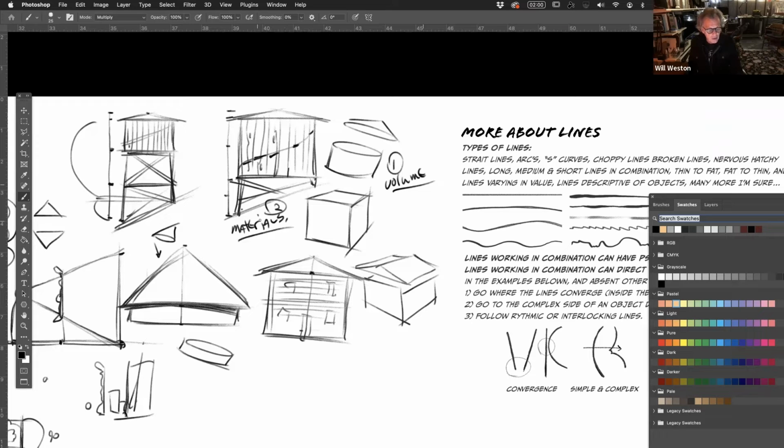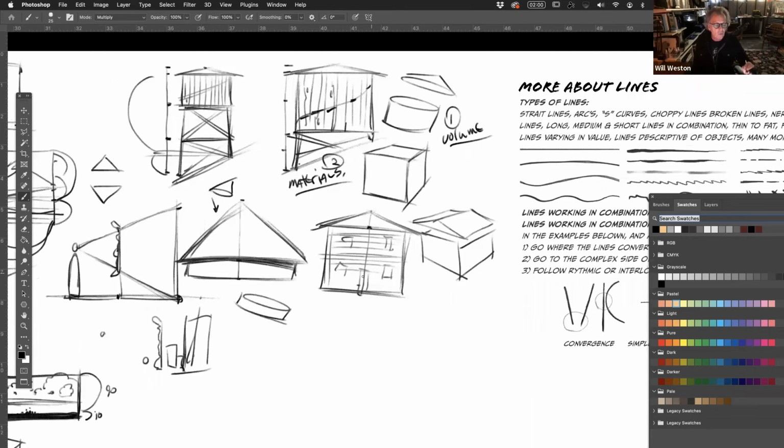So what do people screw up first? They go for the materials. Happens every time. They go in there and they start drawing wood, then they don't have a volume, and that's what causes problems. Now what you see is you can, one, proportion it, right? And then in this case, we'll say, two, you can get the volume. And then three is materials.